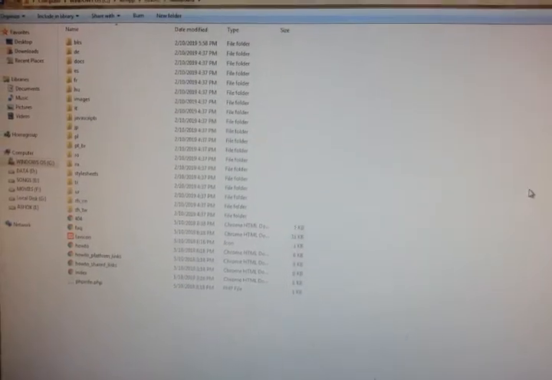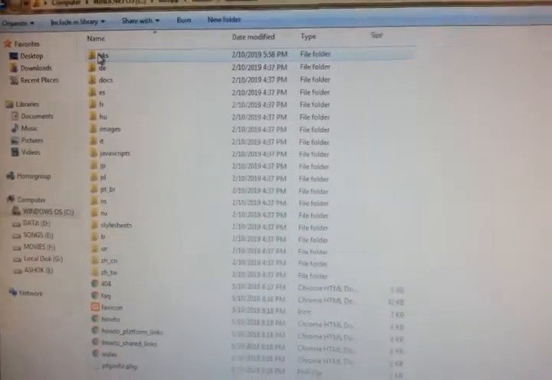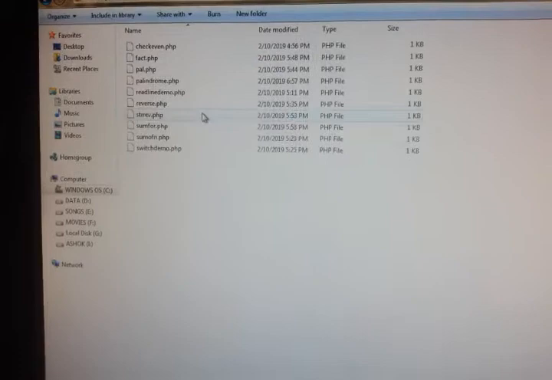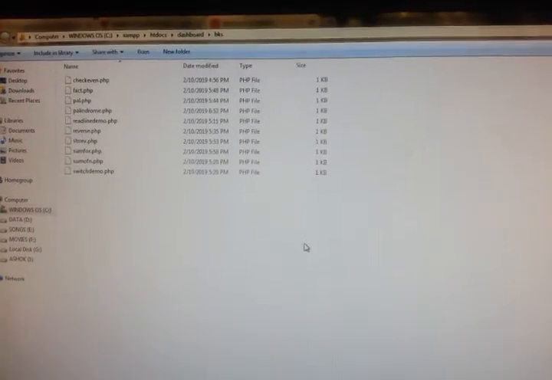Right, so whatever programs, you have to create a folder here. I have created one folder called BKS here. In BKS, these are the different PHP files available.